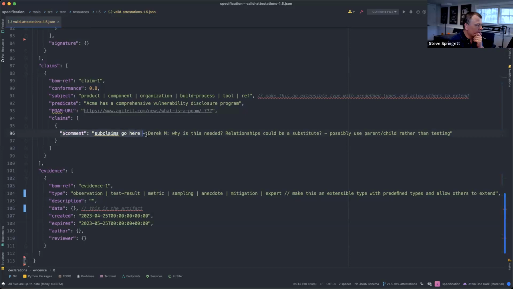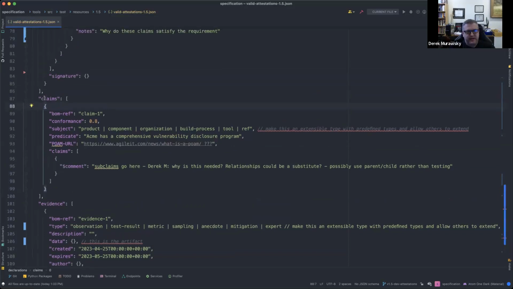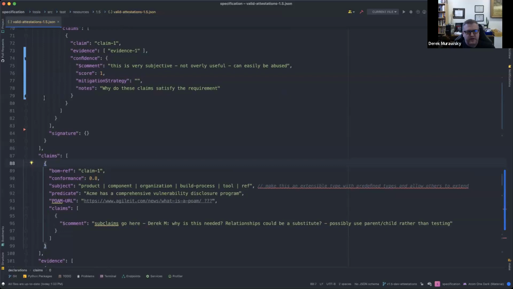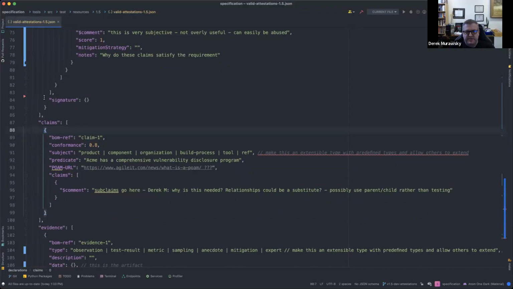Let's revisit this. Do we need parent-child claims? I still don't think we do, because if you go up to the mapping, that's where we've got everything mapped back and forth. I think claims are independent. And if we have multiple claims that support a standard, or a part of a standard or a requirement, sorry, that's the right noun, then a claim maps to one requirement or supports multiple pieces of a standard. So I don't think it will ever need a sub-claim.